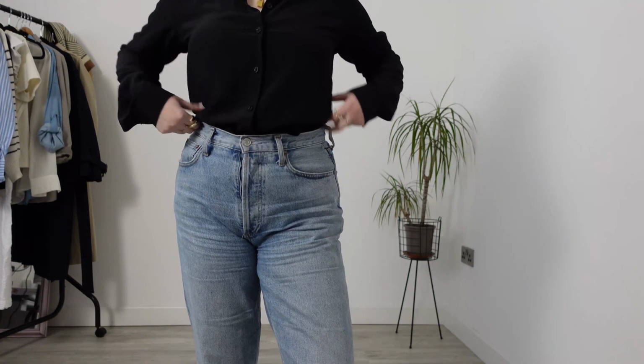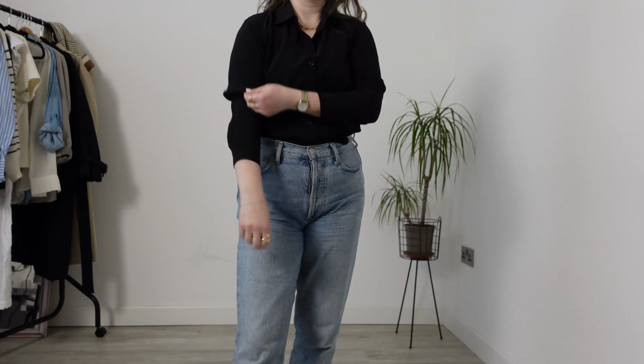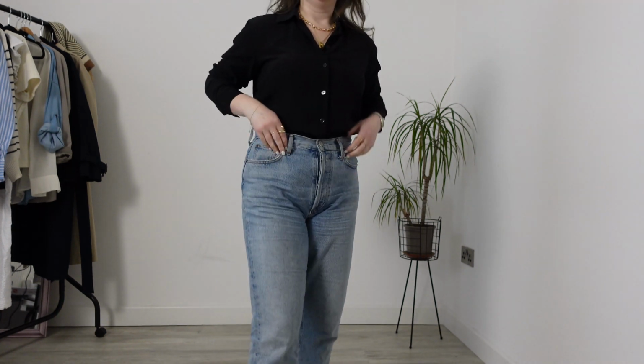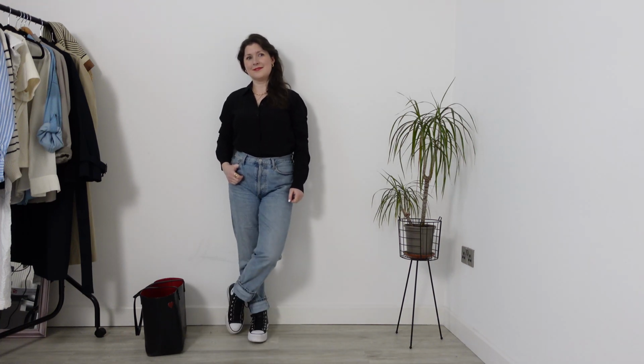The Couples is a French brand. I've never bought anything from them before I bought this shirt. I got it in a size 2, by the way, because I was very unfamiliar with their sizing, but the size 2 is perfect for me. Normally I'm a size UK 10 for reference. And the sizing is absolutely perfect, and I was so happy with the quality of this shirt as well,